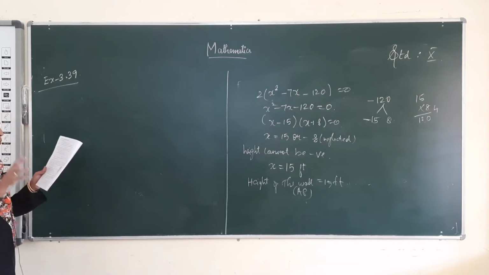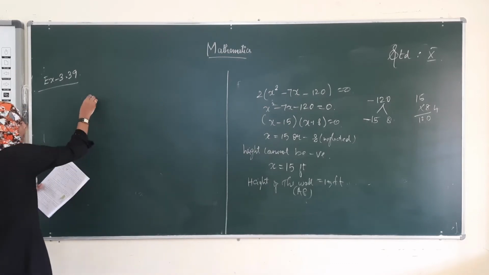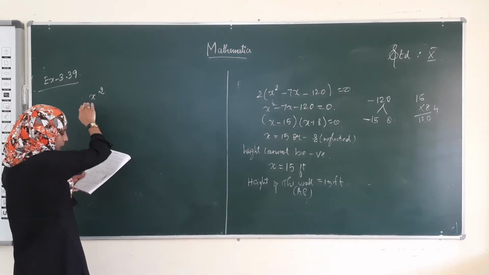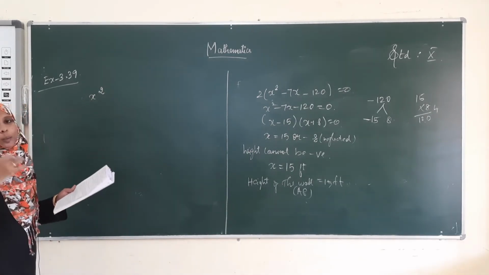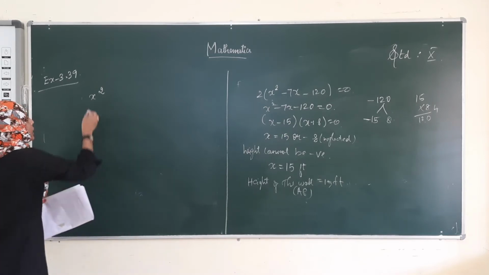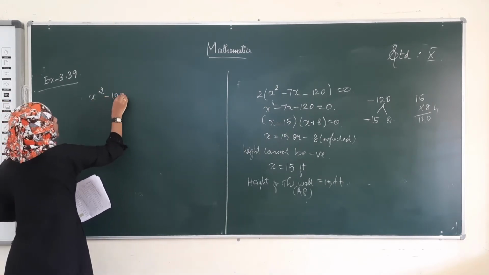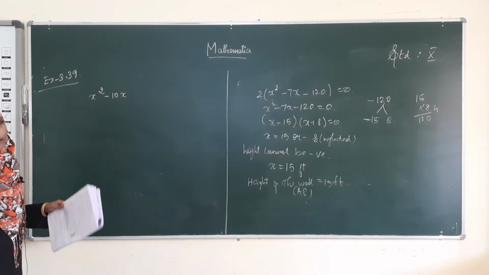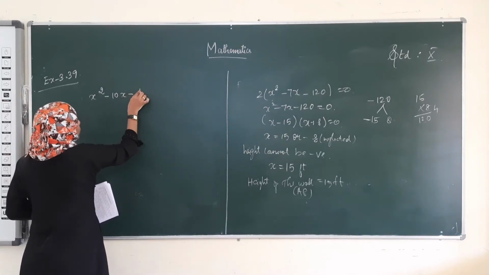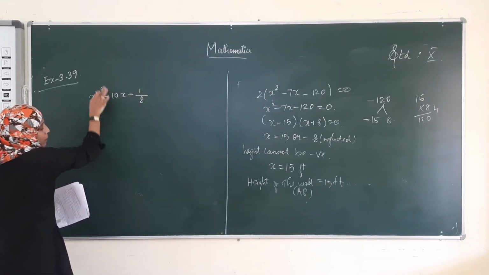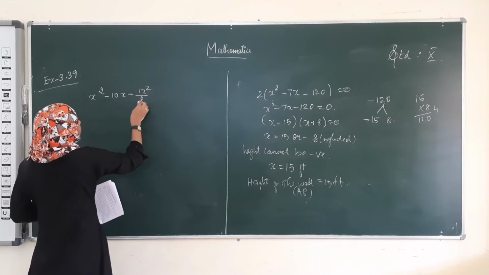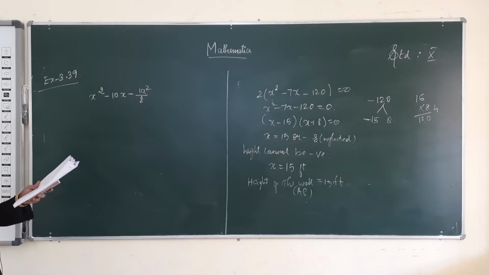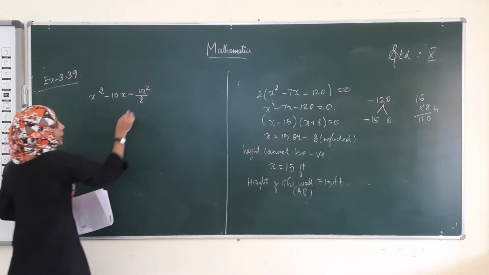What have they given? A flock of swans contained x square members. Totally there are x square members of swans. As the clouds gathered, 10 into x went to a lake. And 1/8 of the members flew away to the garden. 1/8 of the whole number, which is x squared, so x squared divided by 8 flew away to a garden. The remaining there are 3 pairs.